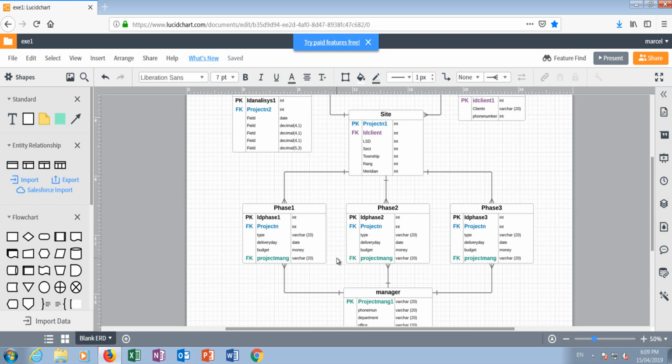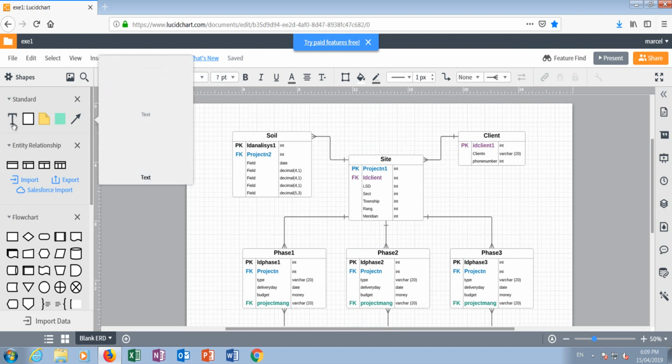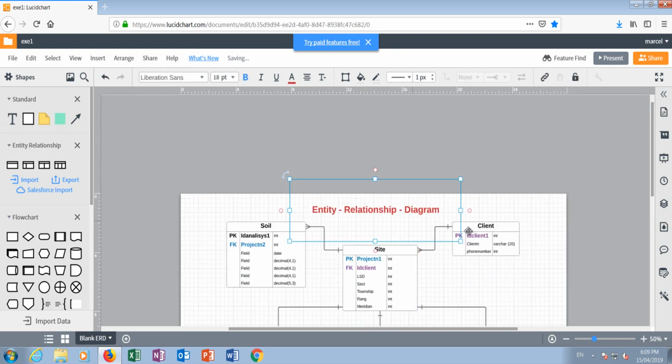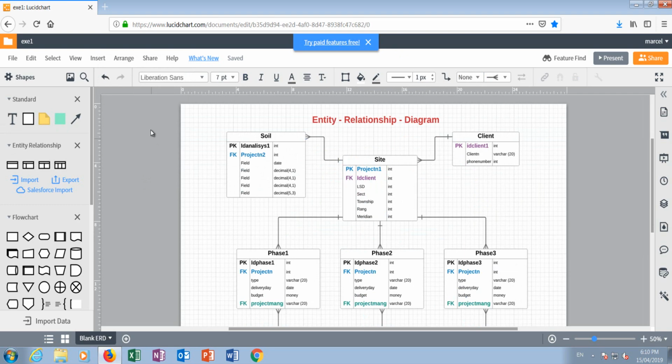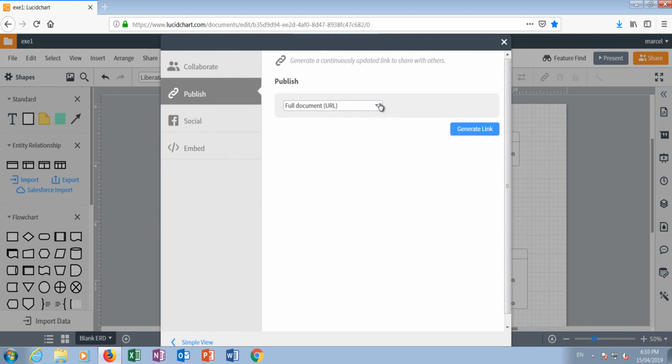To finish with Lucidchart, let me show you how you can export the document as a PDF or as a picture or whatever you want. To put a title on the document, just select this option, write whatever you want. I did already. I'm going to paste here. Is that one. Okay, then go to File, Publish, and select the document you want. Or click here, Generate a link. Okay, but I have to select the document, PDF, generate a link. This one,